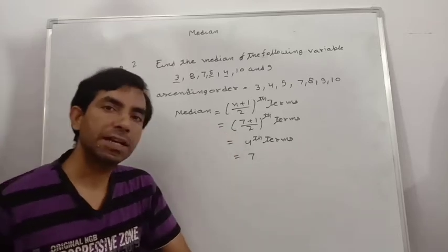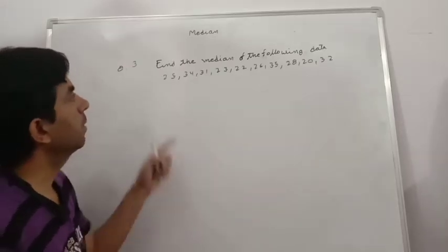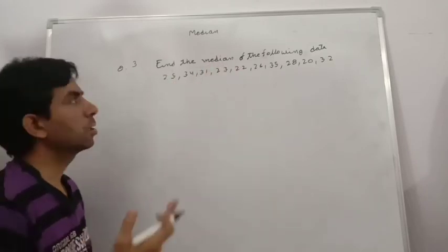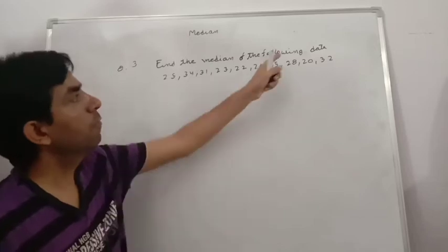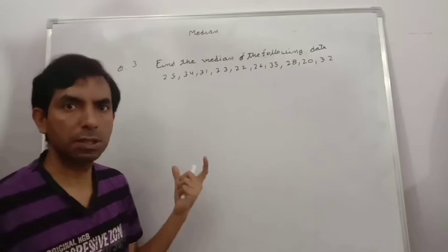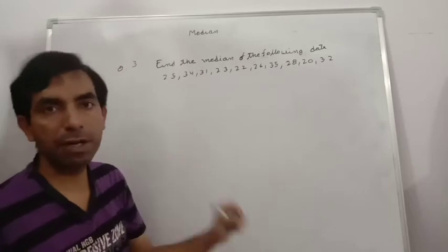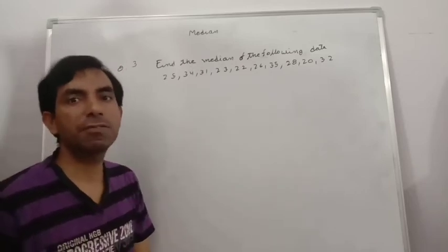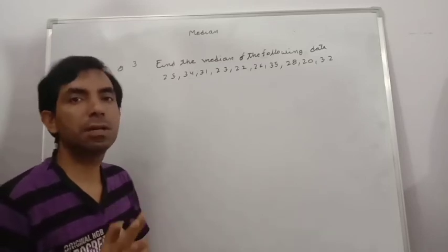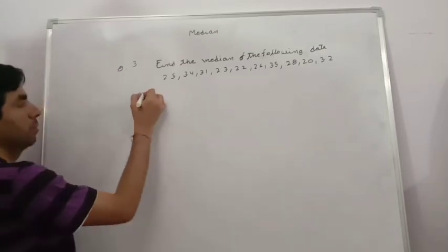So let's take another question. Here we are given: find the median of the following data. Sometimes in a question the examiner says following variable or following data, but it does not affect our solution, so do not take any tension about this type of language. Here the numbers given are 10, an even count. First we write in ascending order, because in median for individual distribution we always write all the data in ascending order.